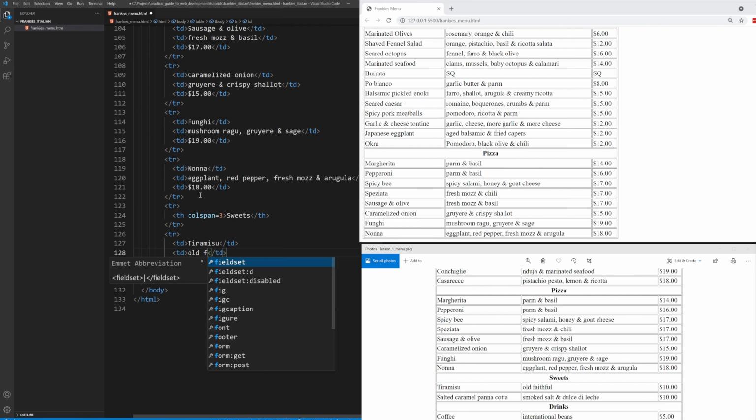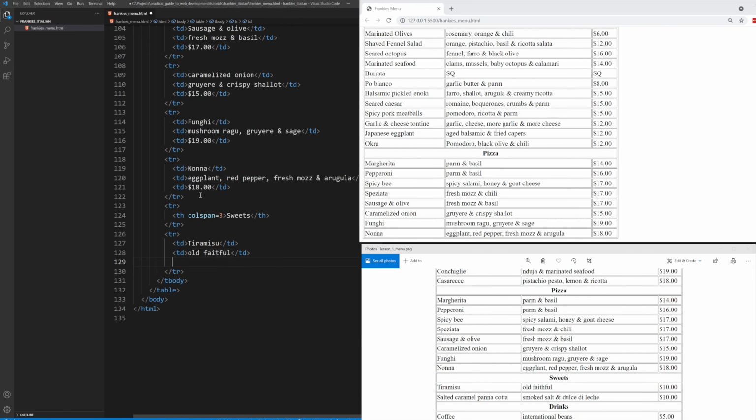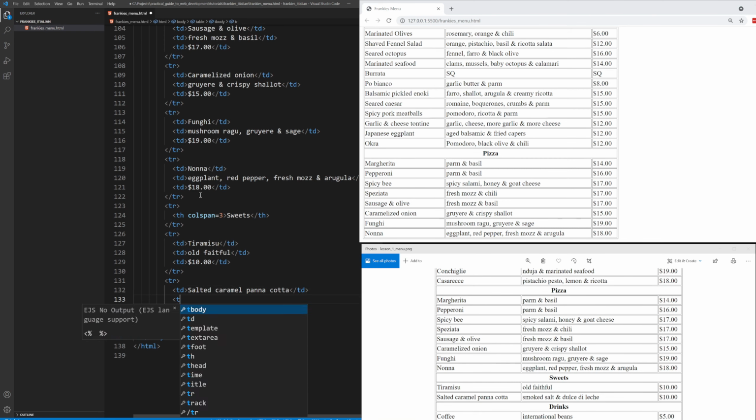The Old Faithful. And that is $10. Salted caramel panna cotta. That sounds so good. TD